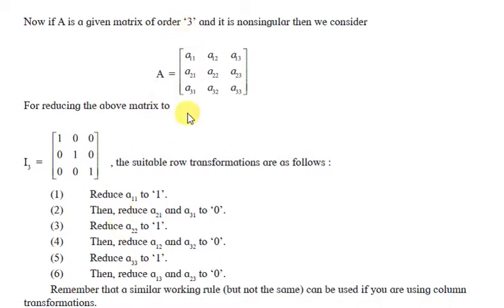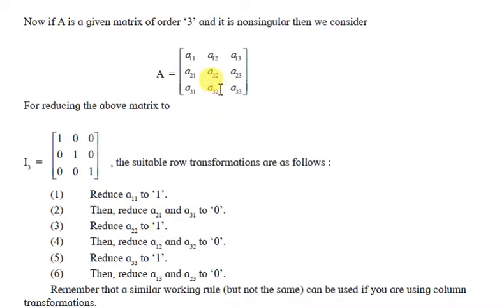Once you finish with the first column, the result will be 1 0 0. For the next column, where you want the result 0 1 0, you always have to make that 1 first. Now you require that 1 at the middle place, that is the second row, second column. So check the second row, second column: the element A22 must be 1. Reduce that element into 1. Again for conversion into 1, use scalar multiplication. Whatever the number is, positive or negative, just multiply with its reciprocal, and you will get 1 at that place. But don't do it for just one side; we have to apply this rule to both sides.